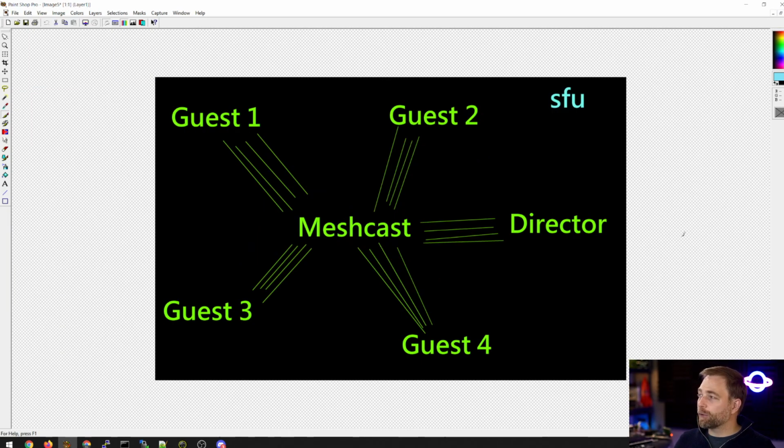Now, this is an SFU approach. This is just another term, selective forwarding unit, whatever. This is how a lot of conferencing software works, like Meet or Zoom, where multiple people publish video into a server, and then the server shares that video with everyone in the room. What we can see here, though, is the server is very central to everything. And not only does the server need to send the same video feed of everyone in the room to everyone in the room,